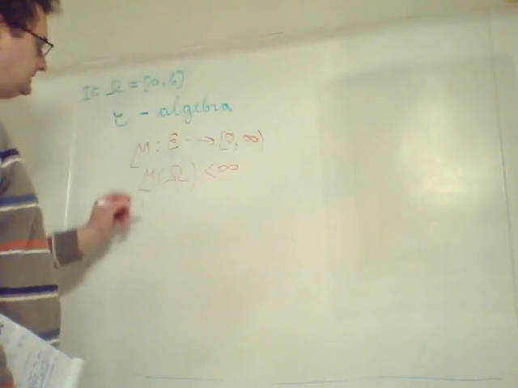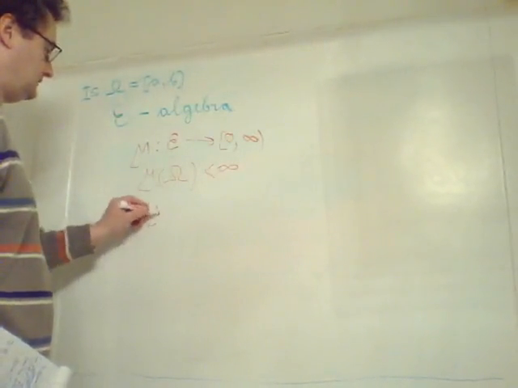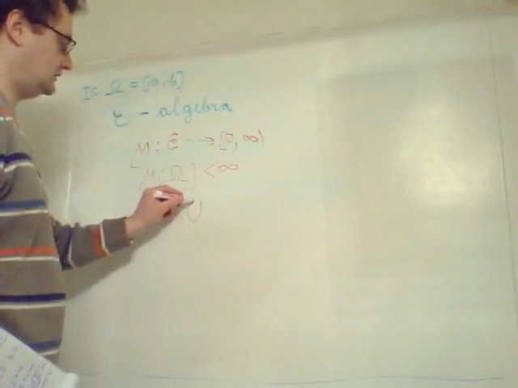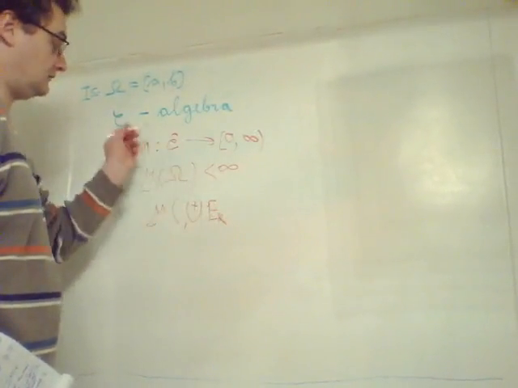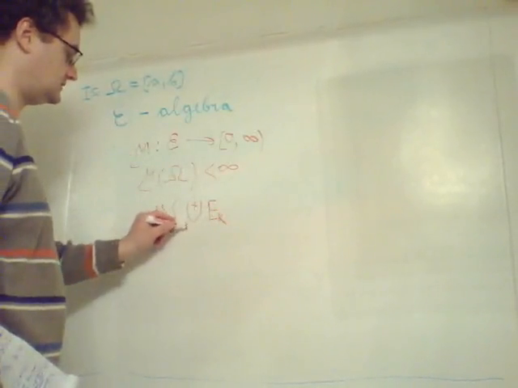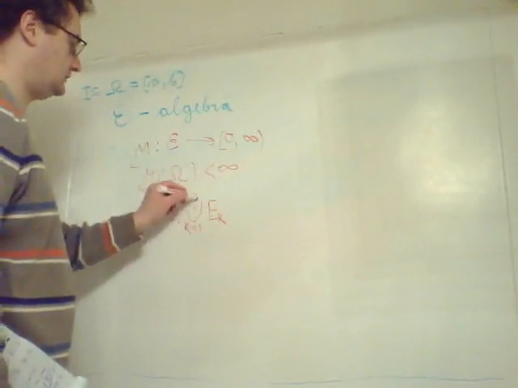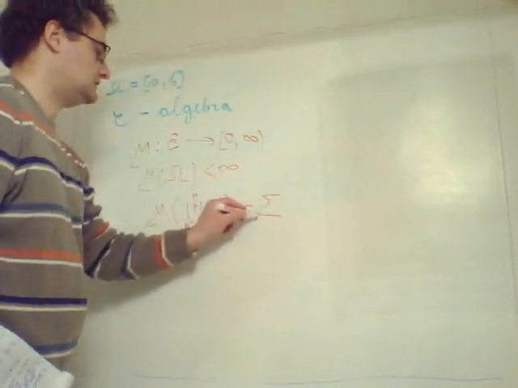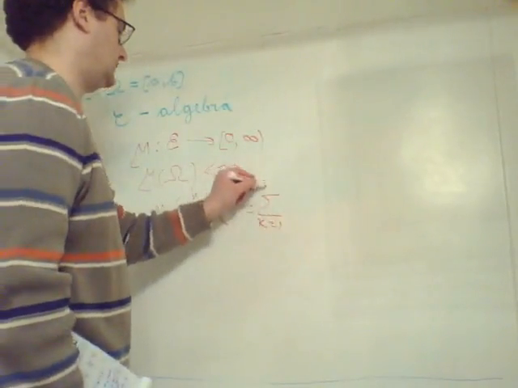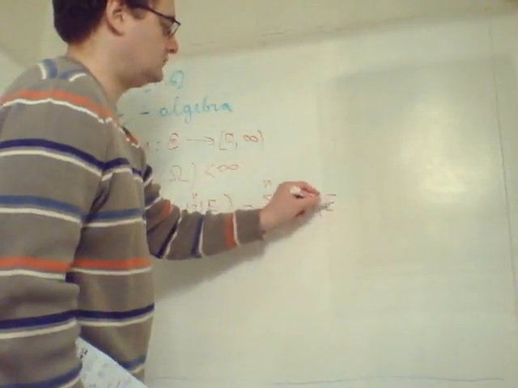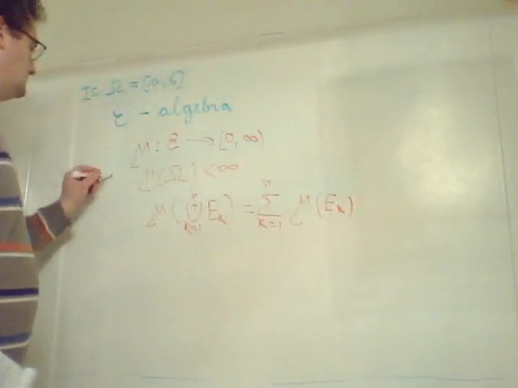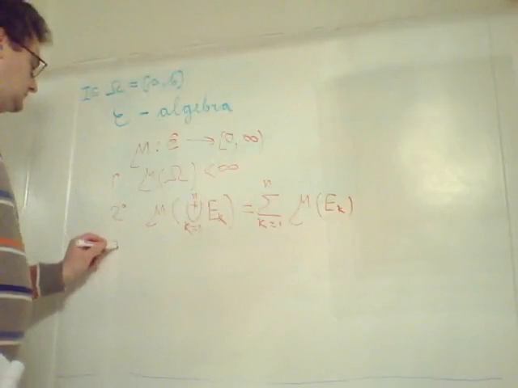Then, if you have this disjoint union of elementary sets E_k from this algebra E, k goes from 1 to n, then the measure of the union is the sum of k from 1 to n of mu of E_k. If that's true, so that's one requirement, the other requirement, now the third requirement